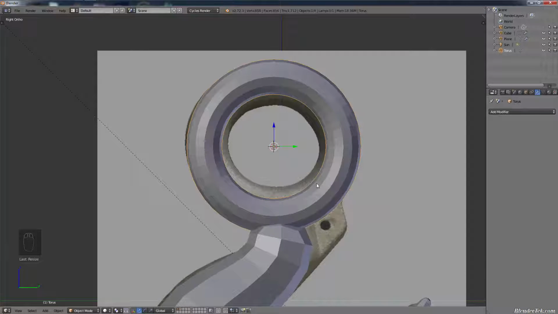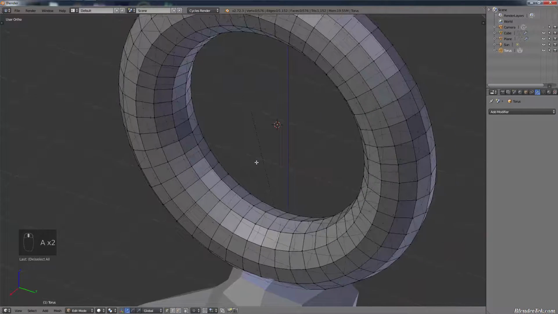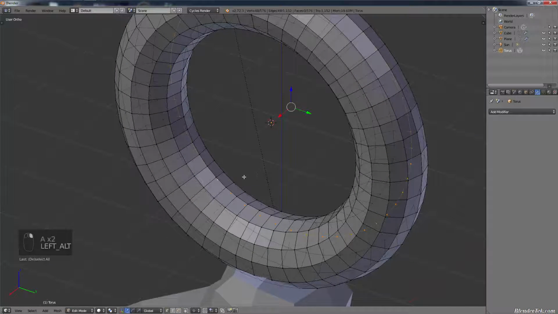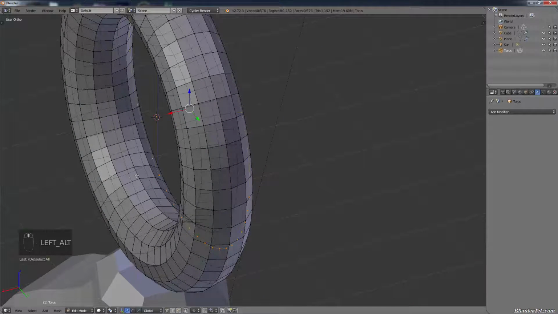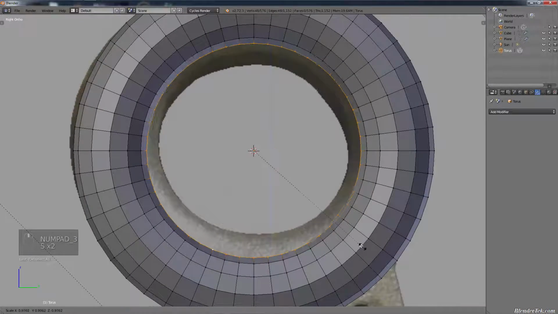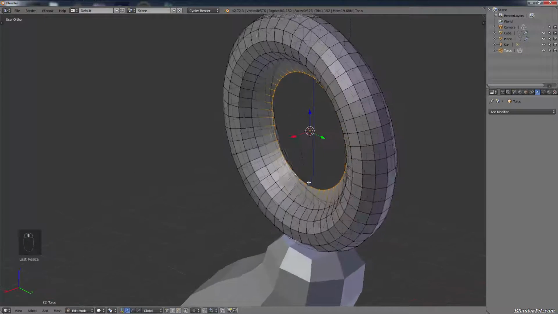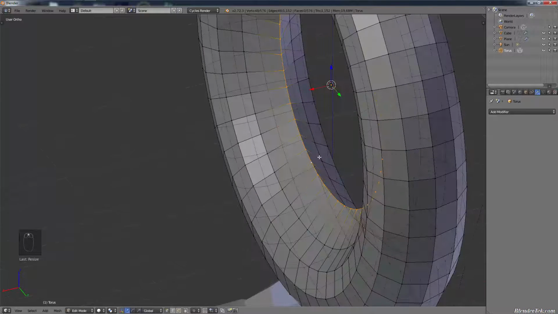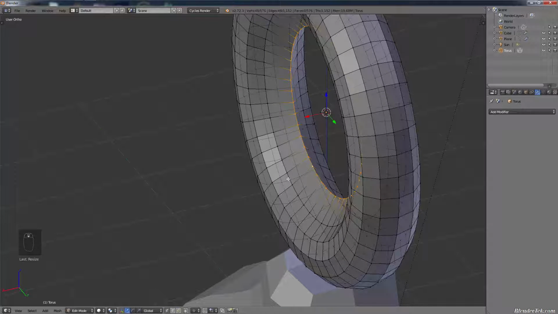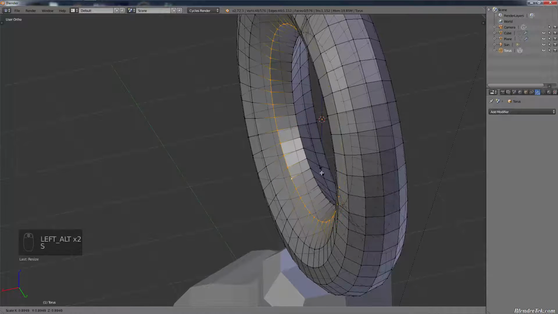Yeah, we'll have to manually adjust the inside loop. So we'll just grab the inside loop. Is it that one? No, that one. And then we can just scale that in. And we need to do the rest, otherwise it would have a really horrible shape, but you get the general idea. We would then take that one, we'd scale it up